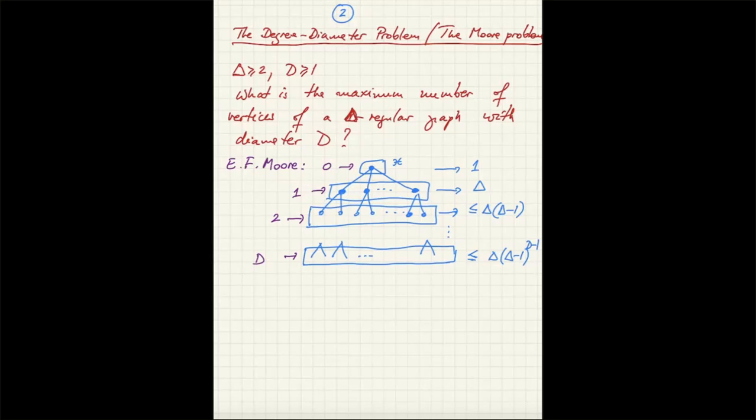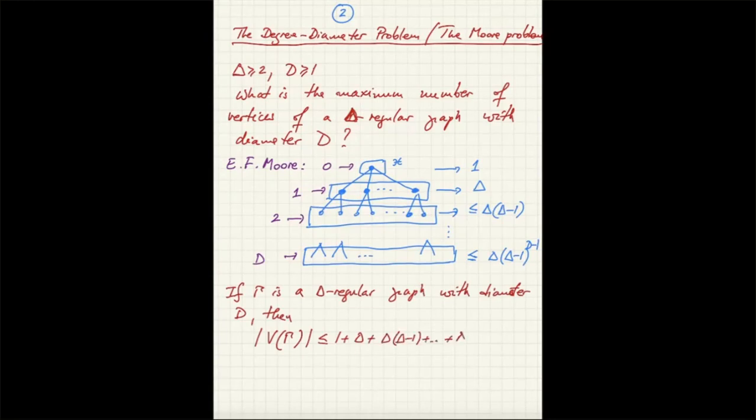Okay, so what does it tell us? Well, this tells us that if gamma is a delta regular graph with diameter d, then the number of vertices in gamma, the cardinality of gamma, is at most 1 plus delta plus delta times delta minus 1 plus and so on, up to delta times delta minus 1 to the power d minus 1. Okay, so this result is usually called the Moore bound